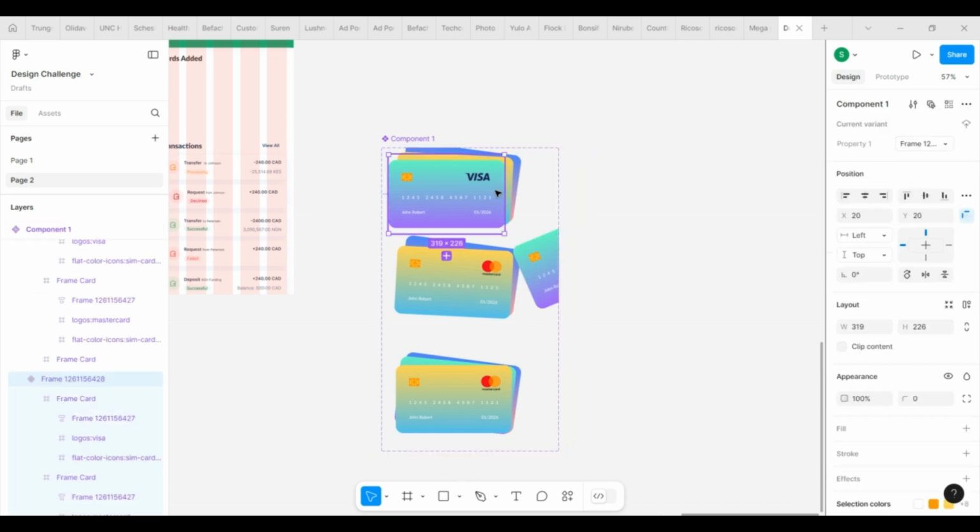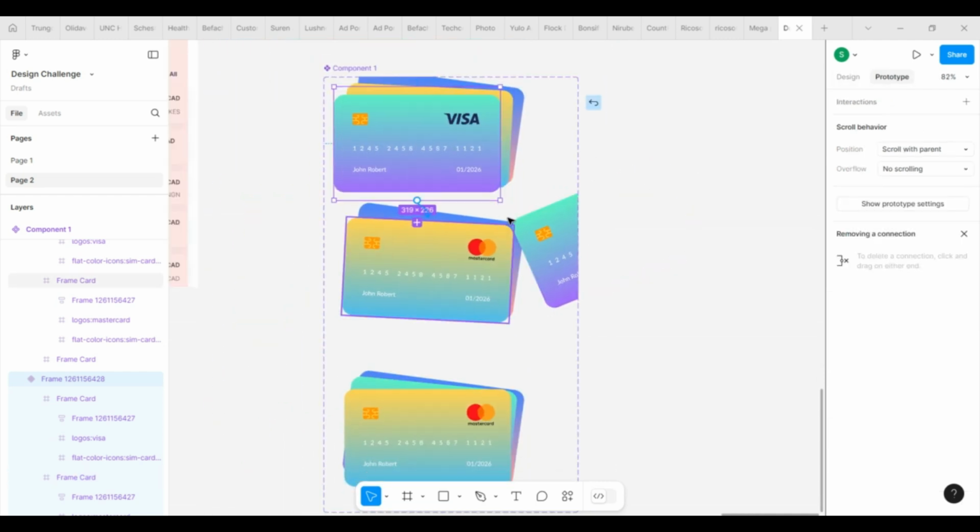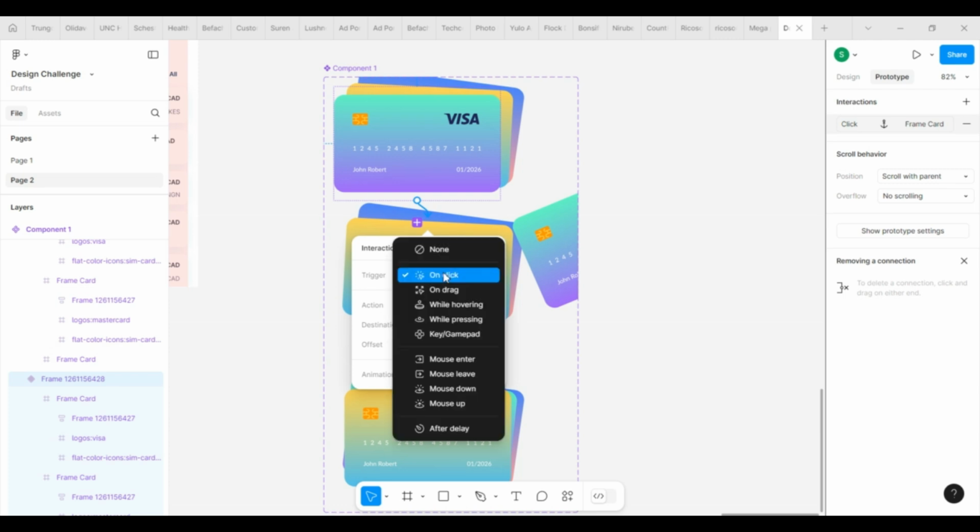Go to prototype mode to add interactions to the component set. For the first variant, I am selecting on drag trigger with Smart Animation.